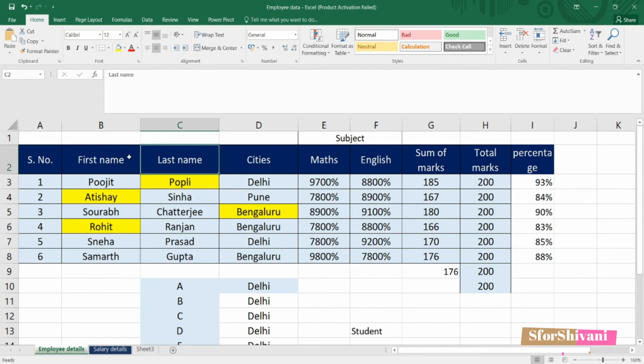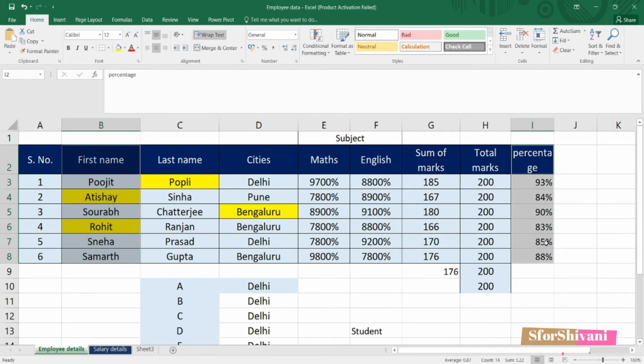Now let's say I want to create a mini table out of this big table in which I will only have the first name of students and the percentage of marks that they have scored. So what I can do is select this column, press the Control key, and while holding the Control key, select another column.